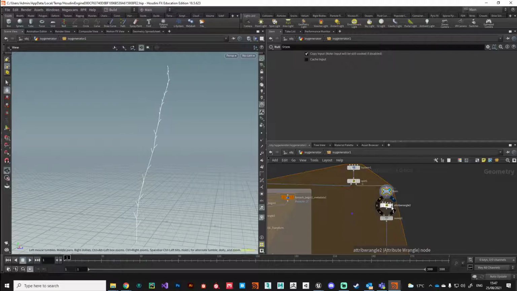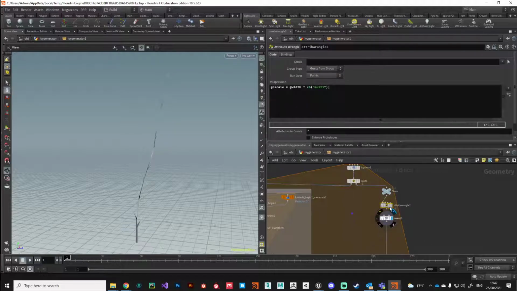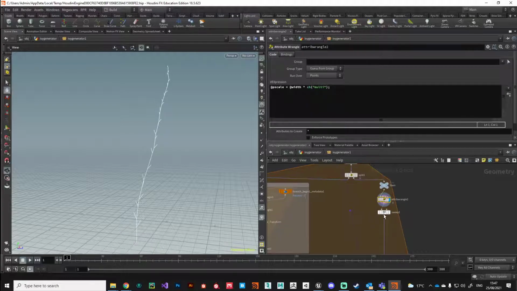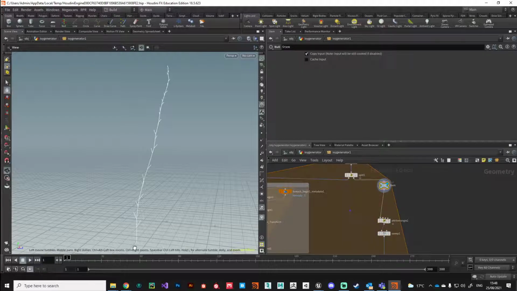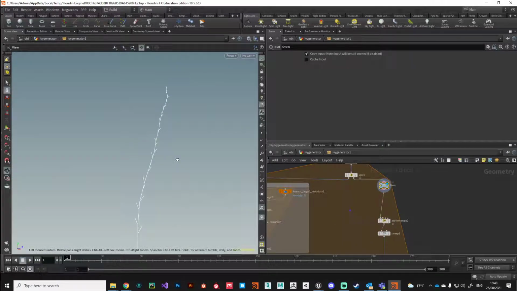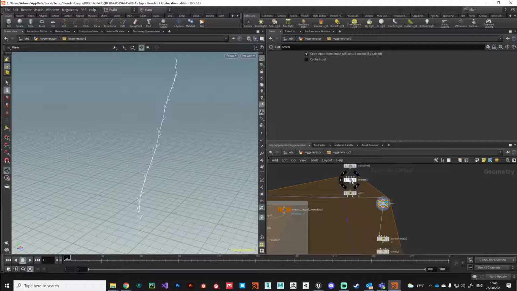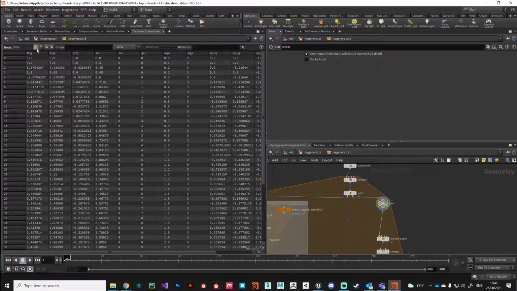Okay, so what we can do is, after we've got this stem value here, we can make use of an attribute that the L system has given us. If we jump across to the geometry spreadsheet, on point attributes here, you can see all the attributes that make up our L system. And we've got this thing called age here that the L system has given us, which is, as it would